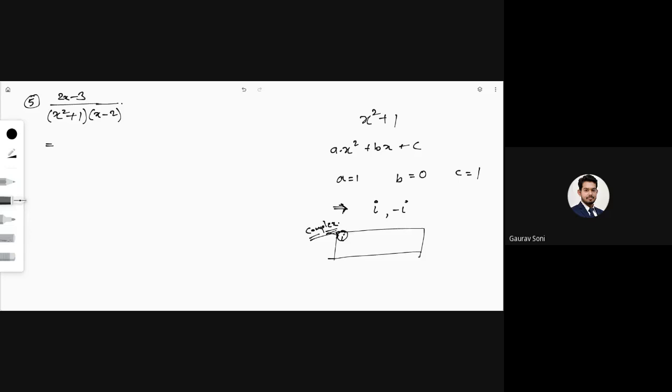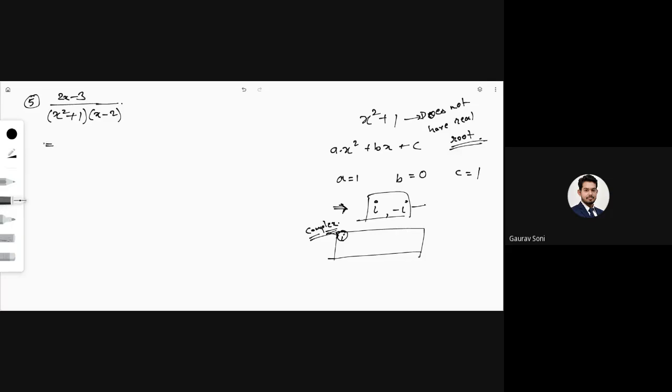If you have done the process in your calculator, you will see that you will have I for this x square plus 1. Yes, sir. Okay, so this I means that it does not have real root. So x square plus 1 does not have a real root. So when we don't have real root, I have given the characterization in the 7th one.